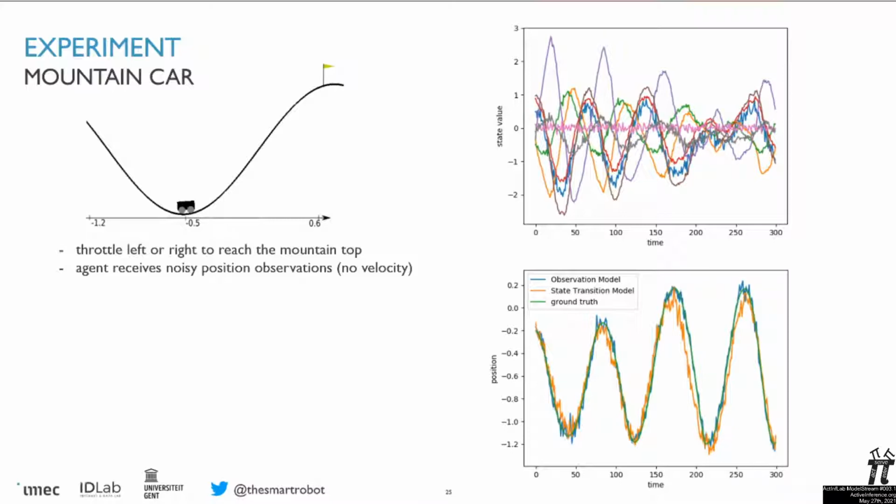If you look at the right upmost figure, you'll see these sinusoidal state space dimensions, and these closely mimic the actual observations of the real world in the lower image. In the lower image, we have the ground truth in green, which is the actual trajectory of the position of the cart, and then also our state transition model estimate, so our prior estimate on the position